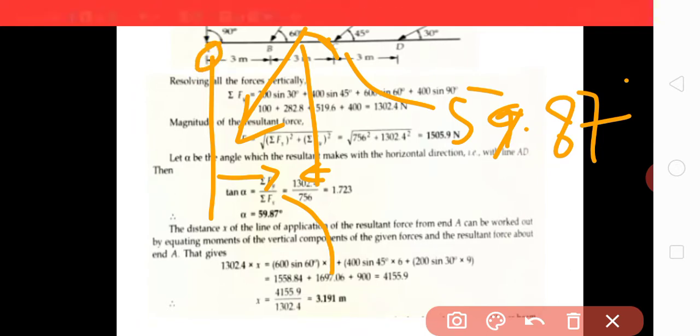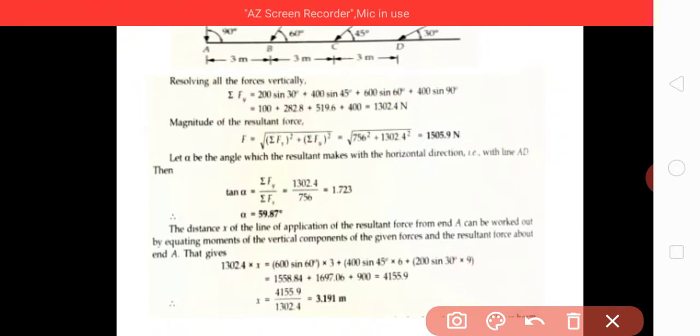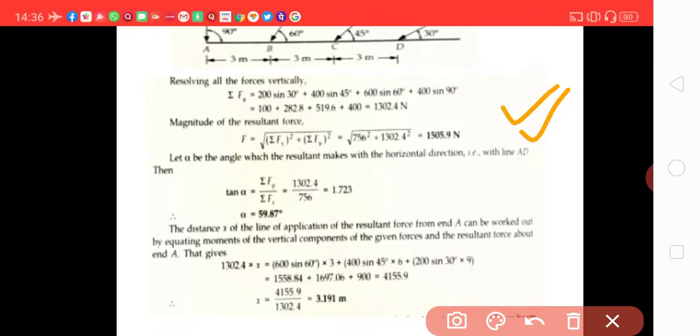I think we are very clear now. Another way of finding the solution would have been to take the complete summation and then find out the distance again. But we have simplified the problem because we have reduced the calculation by eliminating the horizontal component of the force, because it was passing through the point of reference.